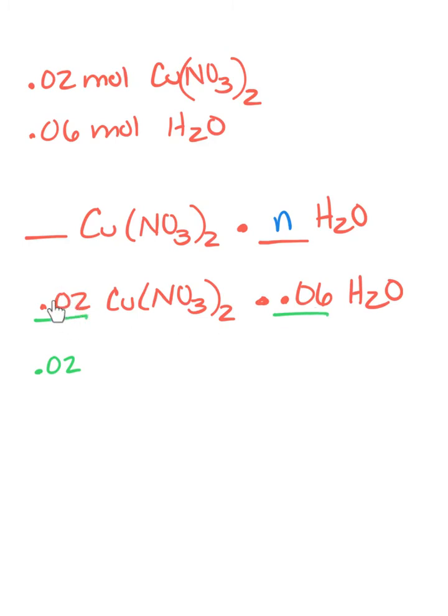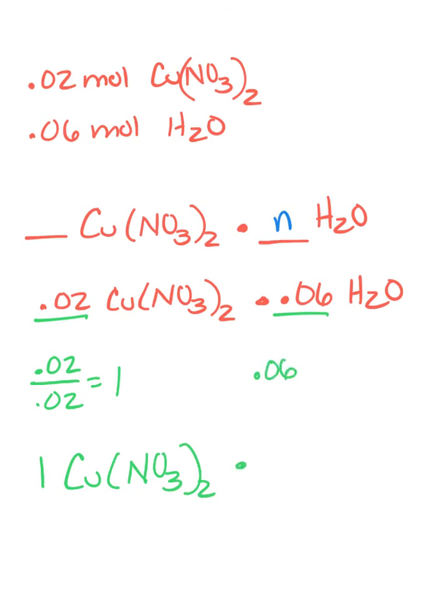Take the smaller of the two numbers and divide both of these coefficients by that smaller number. So 0.02 divided by itself is going to give us 1, which tells you have 1 Cu(NO3)2. And if I take the 0.06 and divide it by 0.02, which is the smaller of the two numbers, you're going to get 3. And that means you have 3 waters. So the N, which happened to